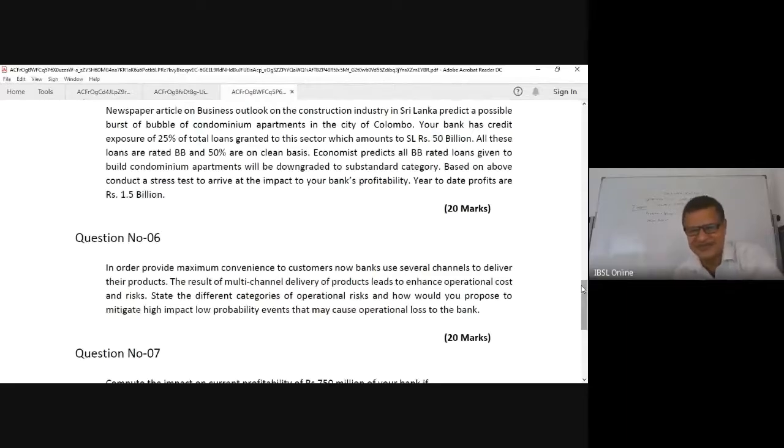Now here they are not asking you how to mitigate all the risks. They are asking only one type of risk, for which I will draw